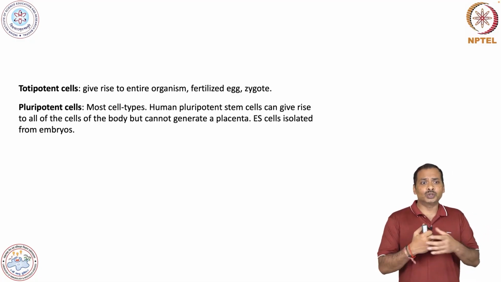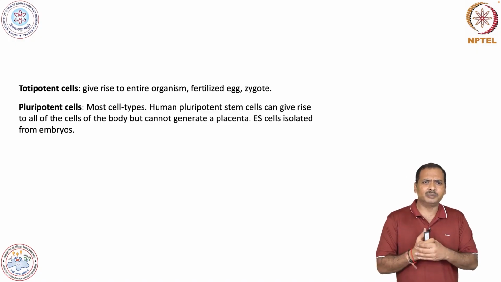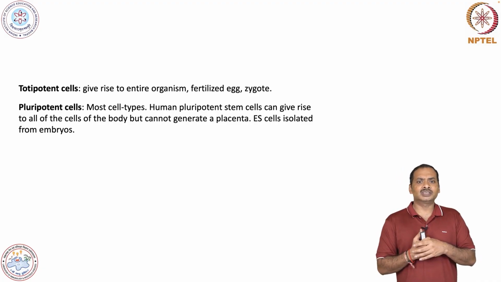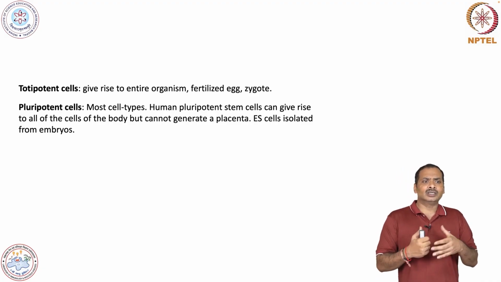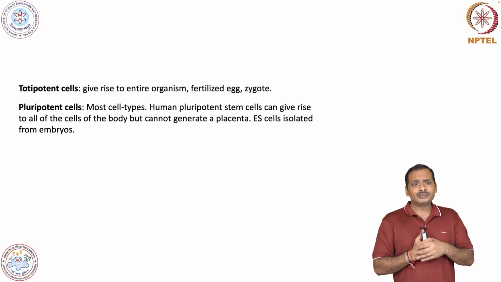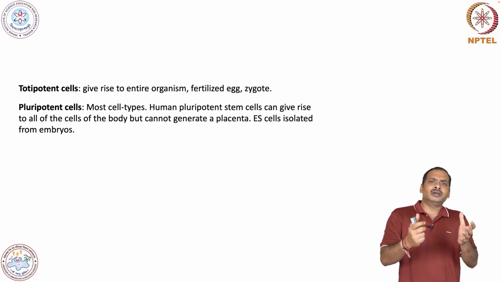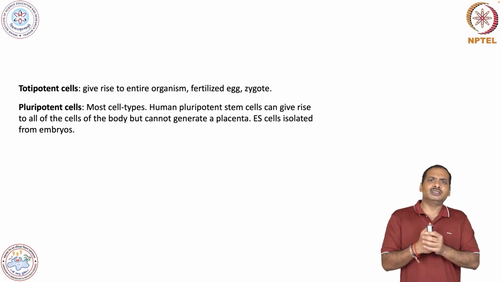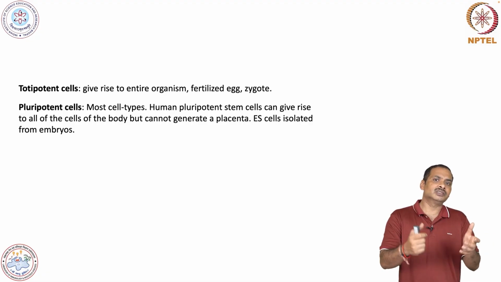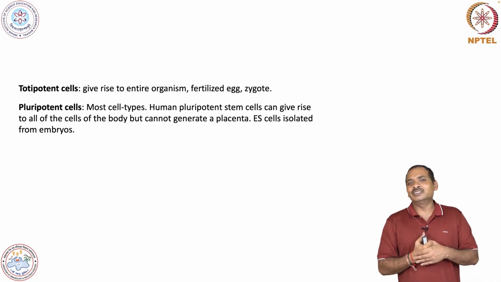Another is the pluripotent cell. Human pluripotent stem cells can give rise to all kinds of body cells, but they cannot make a placenta. From this pluripotent cell we can make various cell types like bone, liver, and all those things. Probably you might know that these days